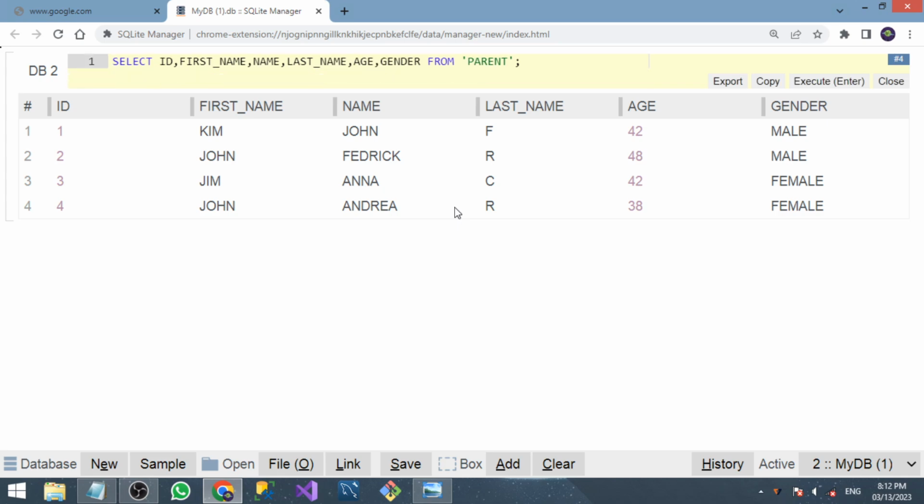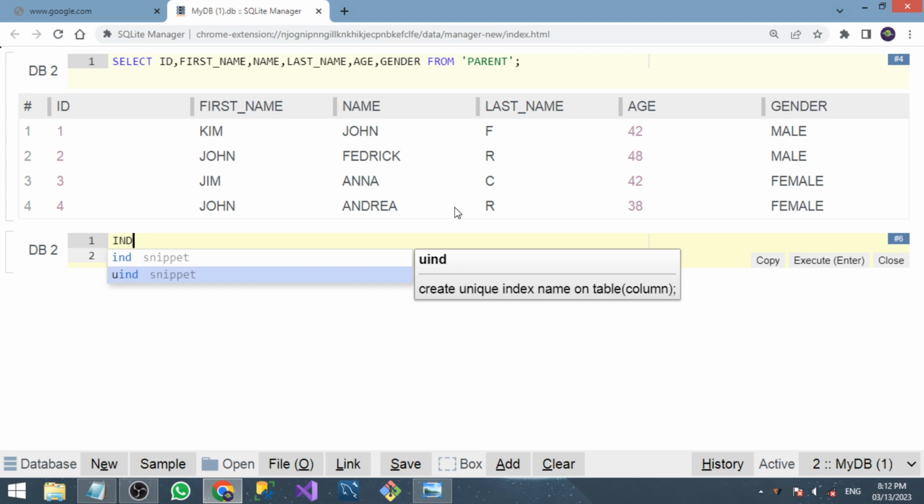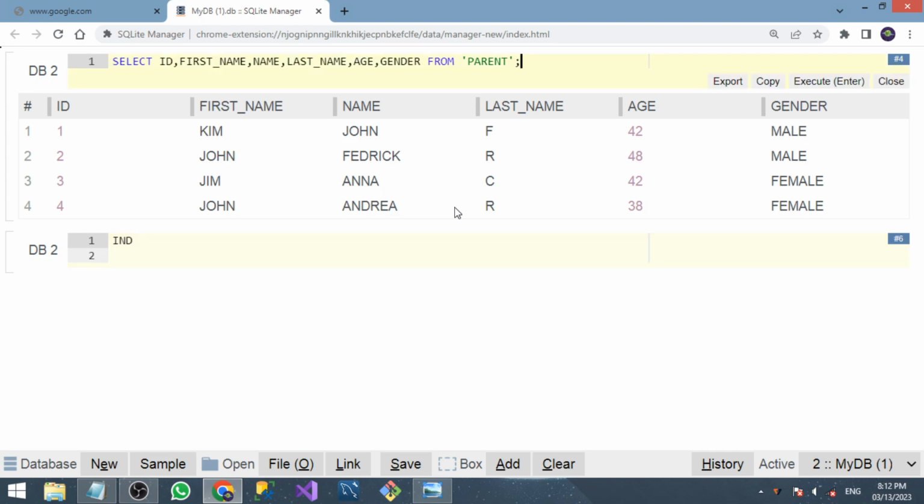For that, I'm going to create a new query editor by pressing Ctrl Shift A. Now there is a snippet for creating an index, that's ind, and you can also see